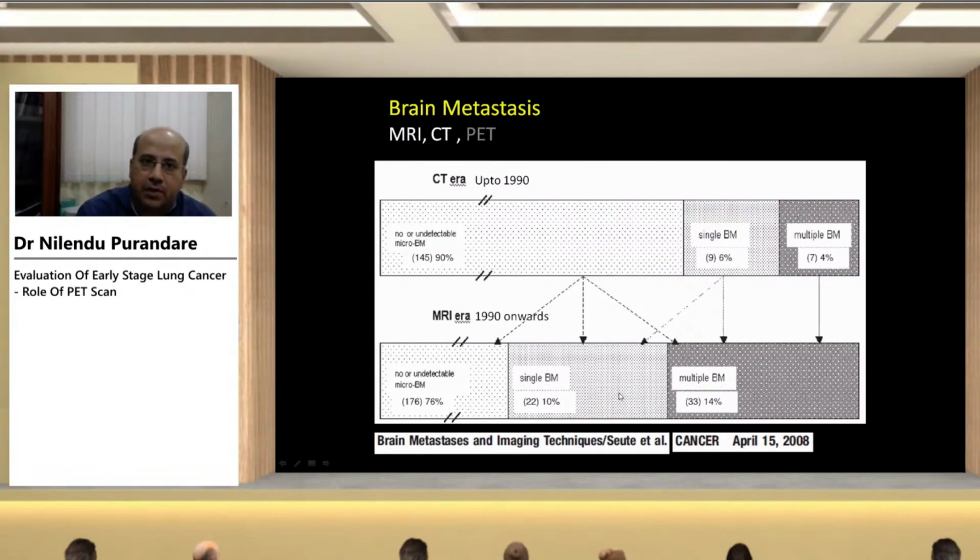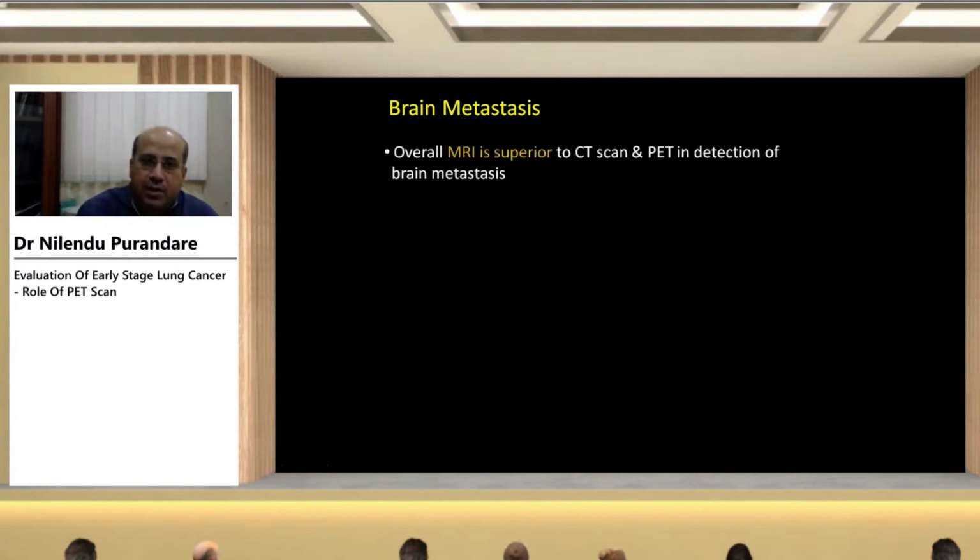Now, this is an interesting paper which compares the CT era, which was up to the 1990s, and the MRI era, which was beyond 1990. It compares these two eras for detection of mets. As we moved from the CT era to the MRI era, the number of undetectable brain metastases dropped by 15%, and the number of single as well as multiple brain metastases significantly increased, nearly doubled in the MRI era,